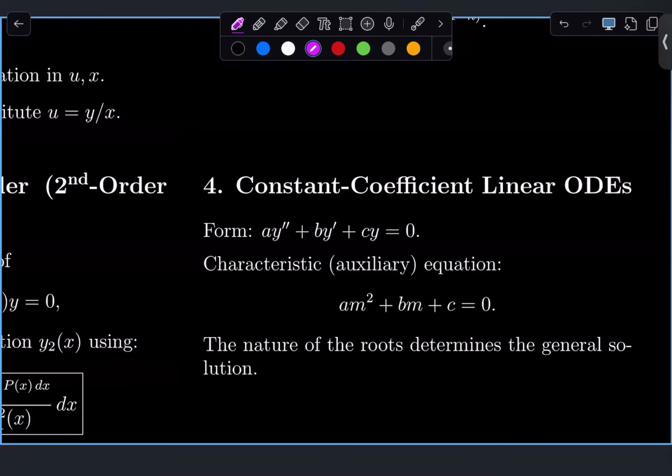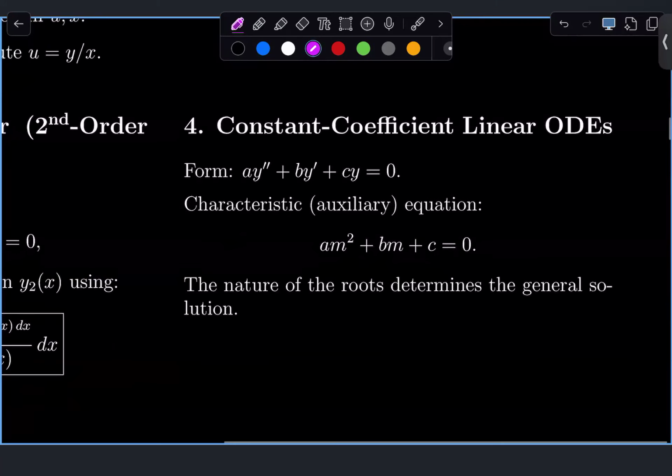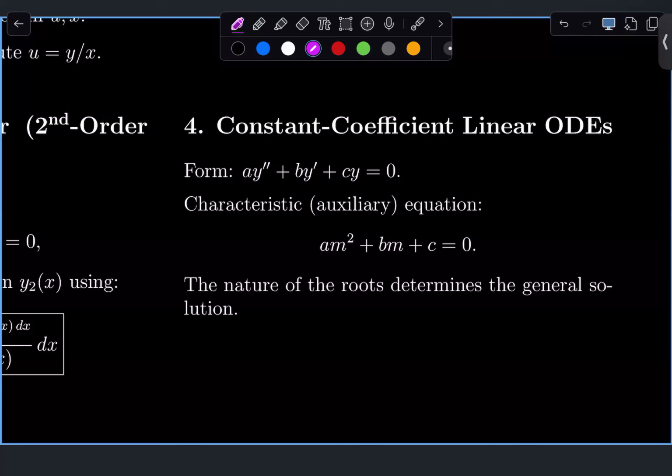You know the solution looks like e to the mx. So if you plug that in, you get just the auxiliary equation, right? Or you can just go straight to the auxiliary equation. That's fine. You can just say it's am squared plus bm plus c, right? The second order gives you the m squared. The first order gives you m. So you find the roots of this, and based on the nature of the roots, you're going to have 3